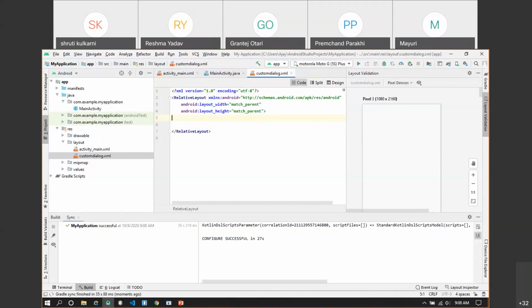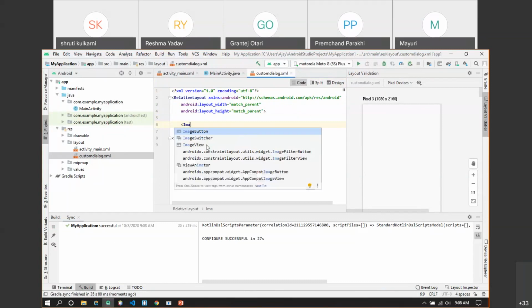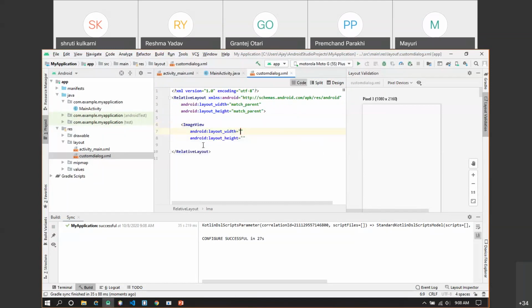As we said, we need to have a text here and one image. So I'll choose one image view. Its width will be suppose 200 dp and height will be again 200.